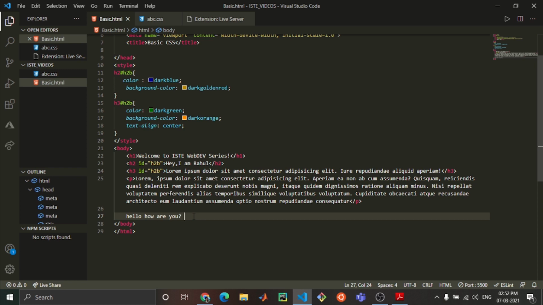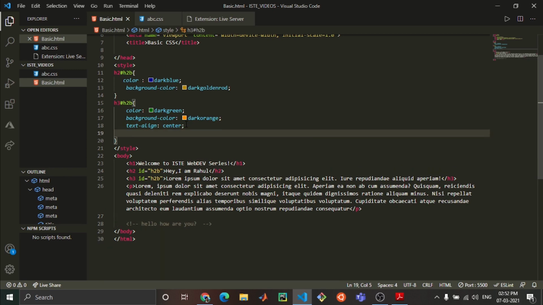Then you type control and slash, hitting control and slash simultaneously, and it will make the comment. So you can see there is one symbol, then the emmet abbreviation, minus minus, hello, how are you, minus minus, and all these things are there. So this is the way we can comment out our sentences, but this is in our body.